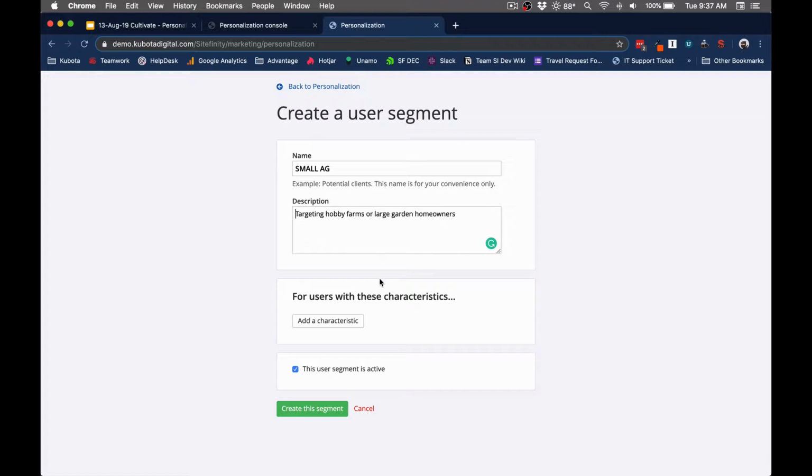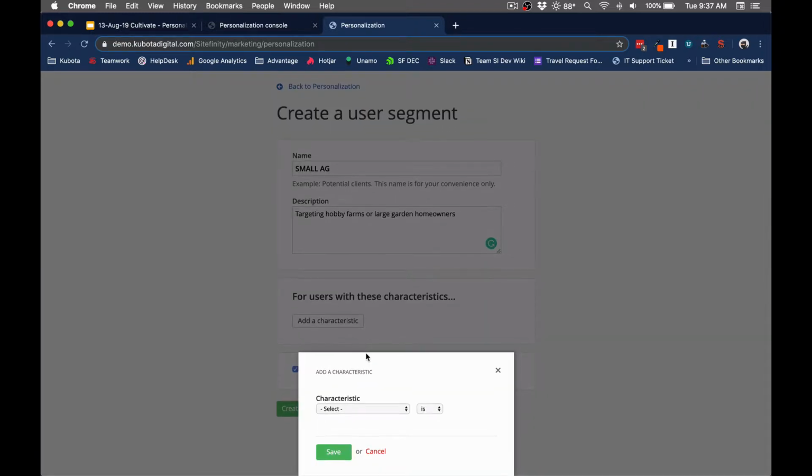And then you're going to add characteristics. And this is where the segment really breaks down into what you're looking for in these people. So you can see here there are lots of different things that you can add. So you can do by IP address, the landing URL. That's particularly great if you have digital media running to the page, because you can put